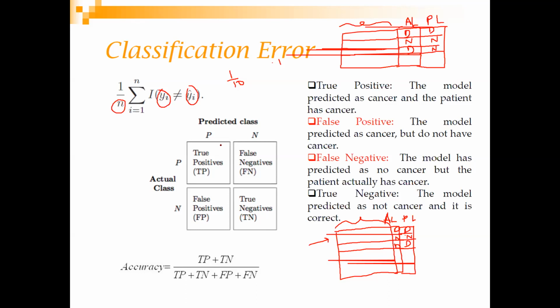Now understand that there can be 4 cases. What are the 4 cases? A person actually has COVID and your algorithm also predicted that that person has COVID. What do you call them? You call them true positive. So pay very close attention and look at this portion of the table. Actually it was positive, and you also predicted positive. Those cases you call true positive, and you are counting how many cases were positive and you predicted as positive.